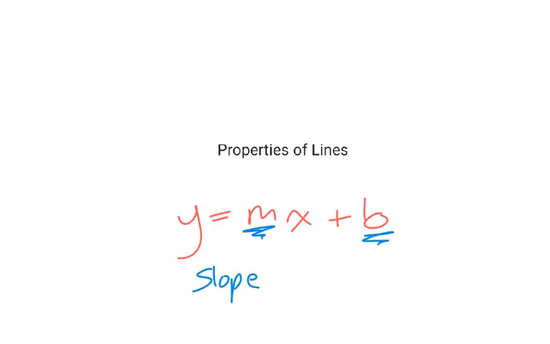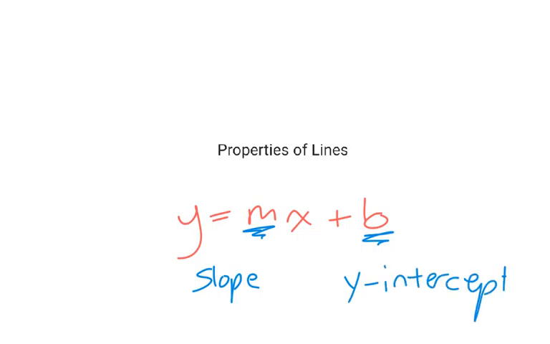In today's lesson, we're going to talk about properties of lines. If you recall, the slope-intercept form of a line is y equals mx plus b. You should have this memorized by now. The variable of m represents slope, while the variable of b represents the